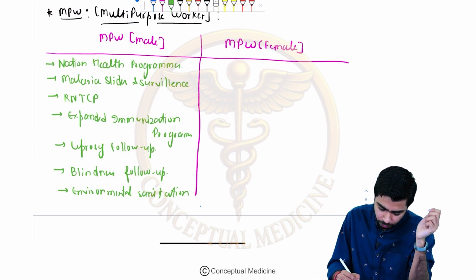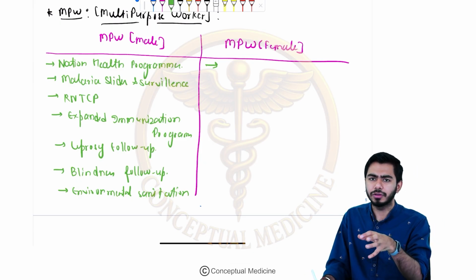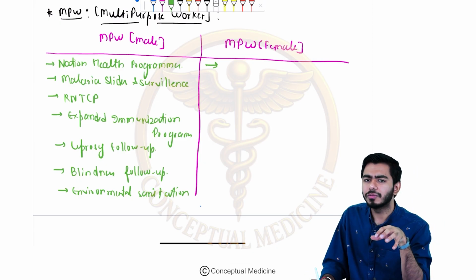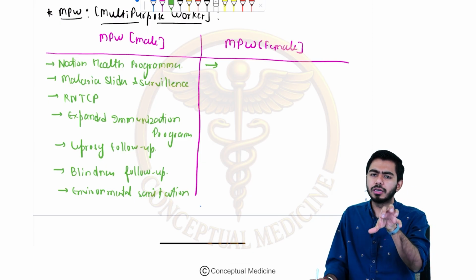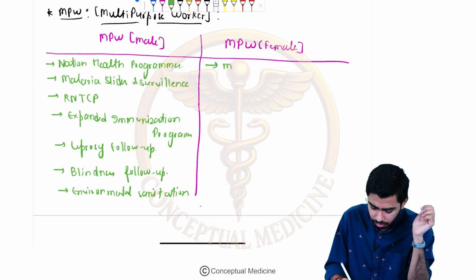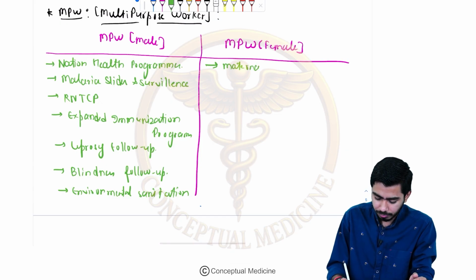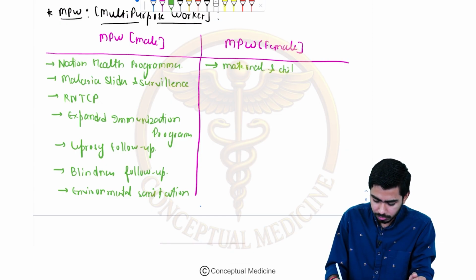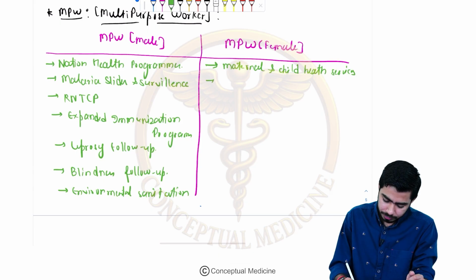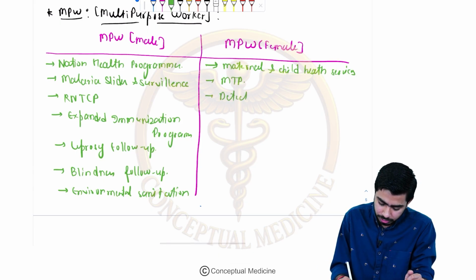If you talk about this side, that is the multi-purpose worker female side, obviously she will be taking care of, these are the females, so they will be good at what? Usually taking care of maternal health and children's health, right. So maternal and child health services come under the multi-purpose worker female. Then medical termination of pregnancy, detection of non-communicable diseases,